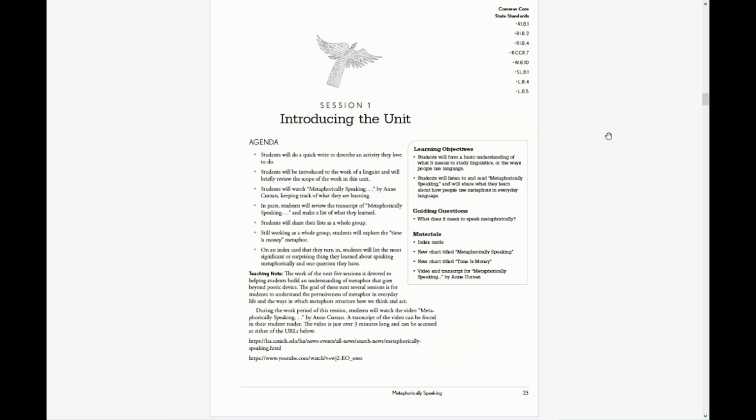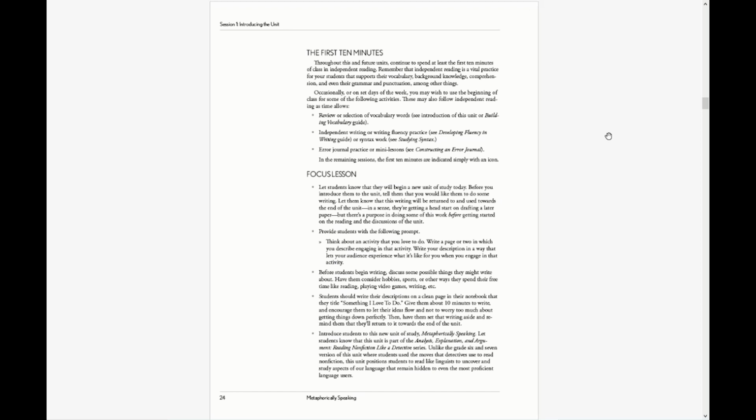I'll take a moment to talk through a few of the sessions in the unit. Now, in this first one, we're going to introduce the unit itself and some of the ideas about cognitive linguists that will be important for the unit. The first thing students do, though, is write about an activity that they love to do. We want students to do this before we've actually introduced much of the unit, so that they've got something that is down on paper sort of before we even think about metaphor or get into the big topics there.